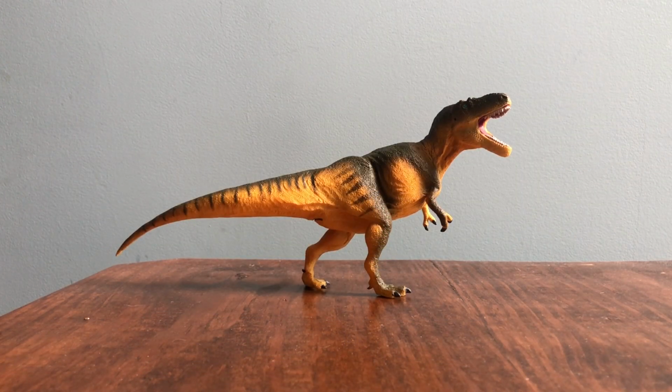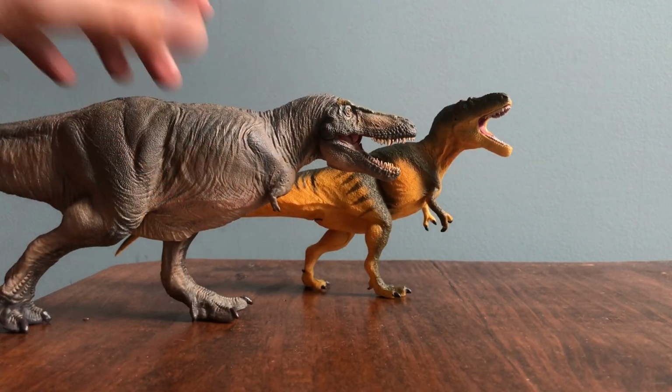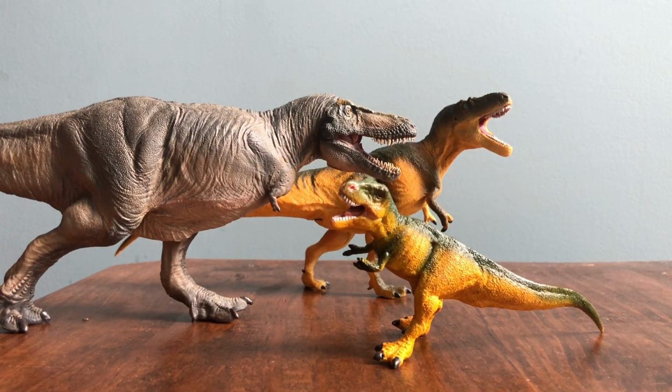Classification-wise, Daspletosaurus is in the family Tyrannosauridae, but in the subfamily Tyrannosaurinae. The subfamily is the tyrannosaurs most closely related to T-Rex, including itself, and Daspletosaurus. But Daspletosaurus is also possibly the direct ancestor of T-Rex, but in the subfamily there's also Tarbosaurus, as well as, like we said, T-Rex. But then in the overall family Tyrannosauridae, there was also